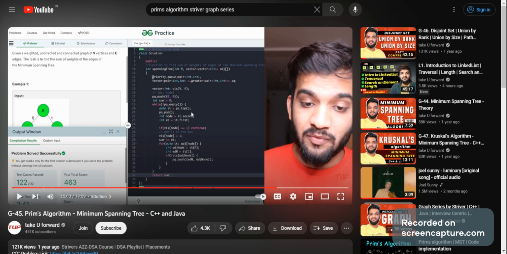You get the top of the priority queue and pop it, which in Python you just do with heappop. Now you get the node from the second element, and the first in the tuple will be the weight. What is this weight? It's basically the edge weight. If your node is already visited, then just continue, don't do anything. If it's not visited, then mark it as visited and add its weight to the sum,